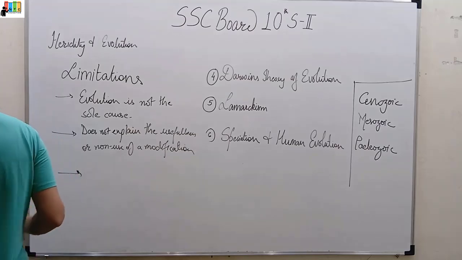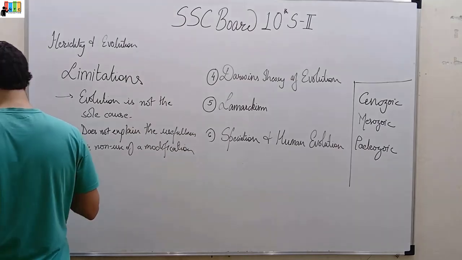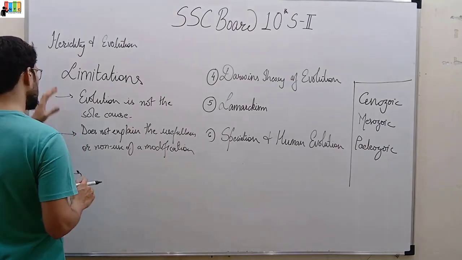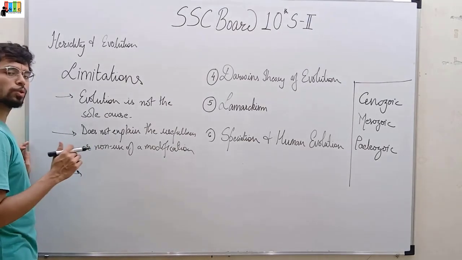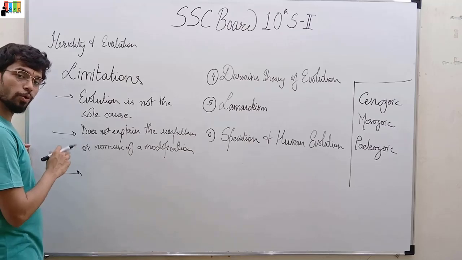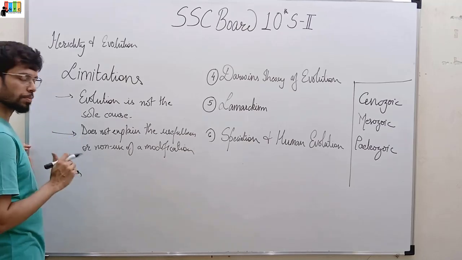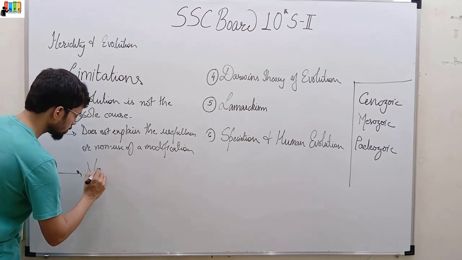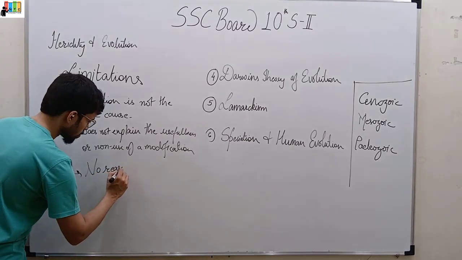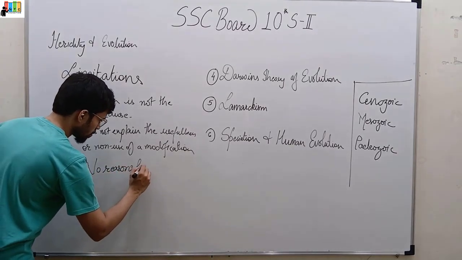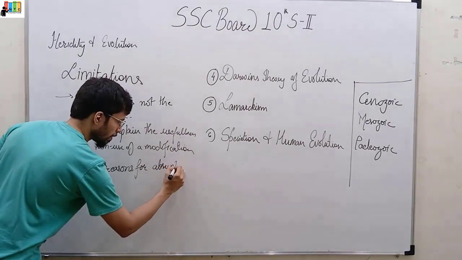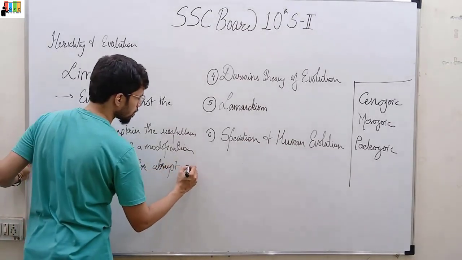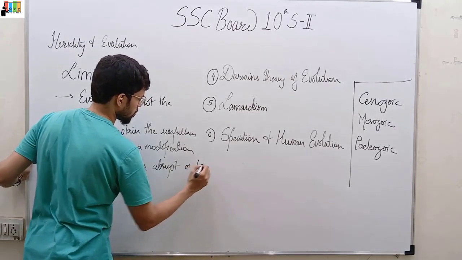And the third one is the evolutionary changes that occur in an organism, how fast or slow are they? And if they are slow or fast, what is the reason? It does not explain that. So there are no reasons given for abrupt changes. Abrupt means fast or sudden changes. Abrupt or slow